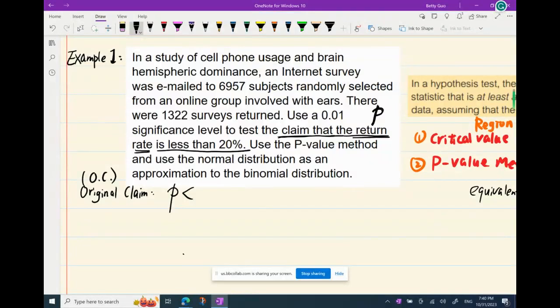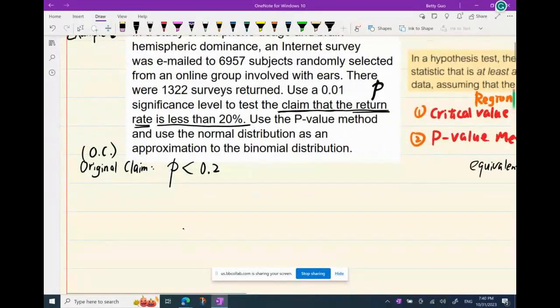Yeah, we know 20% is 0.2. We use the decimal most of the time. So that's the very first thing: identify the original claim and then write the original claim in a symbolic form. And that's it. After we have our original claim, we are going to determine